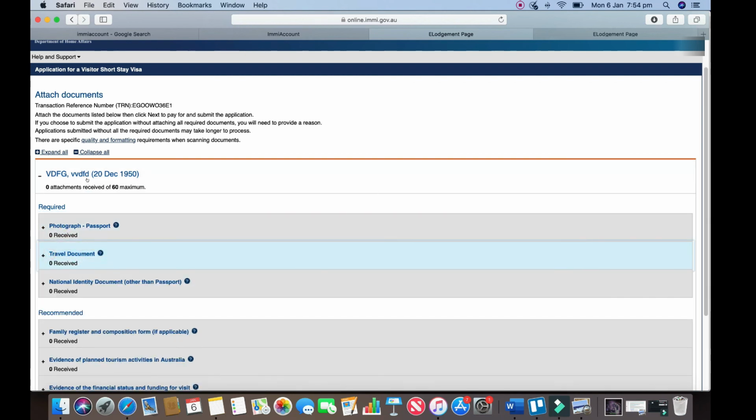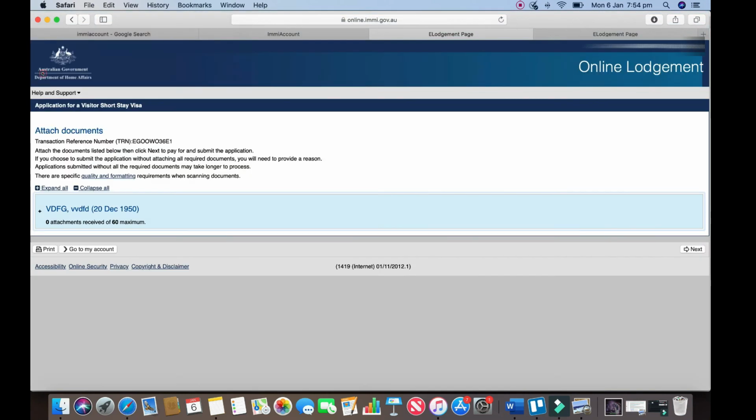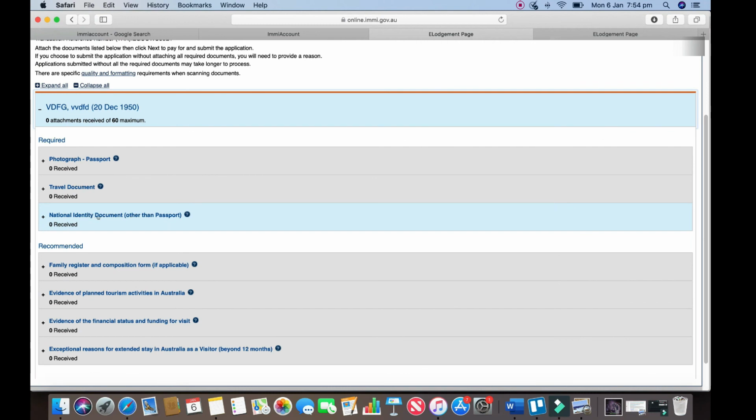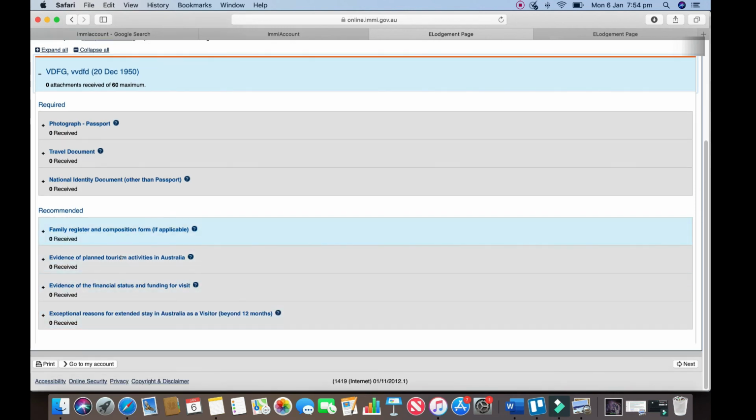So if you've applied for your parents, then it'll say two individuals. So this will be for one applicant, and then you'll have another tab for another applicant. You can upload a maximum of 60. And national ID other than passport, like your Aadhaar card, PAN card, driver's license, or any other photo ID proof will come in here. And these are mandatory. So if these are not there, your application will not be considered. And the more you give in these areas, the more chances of you getting a positive outcome